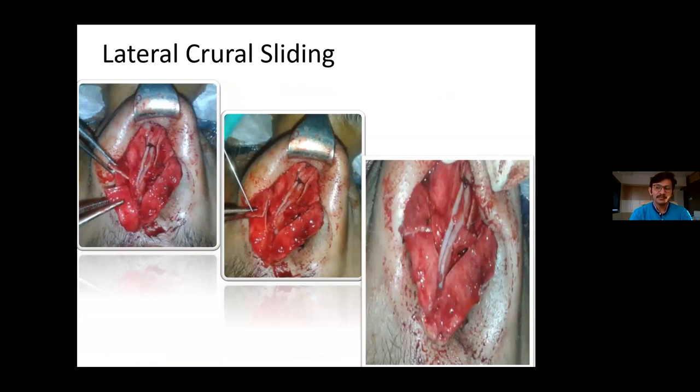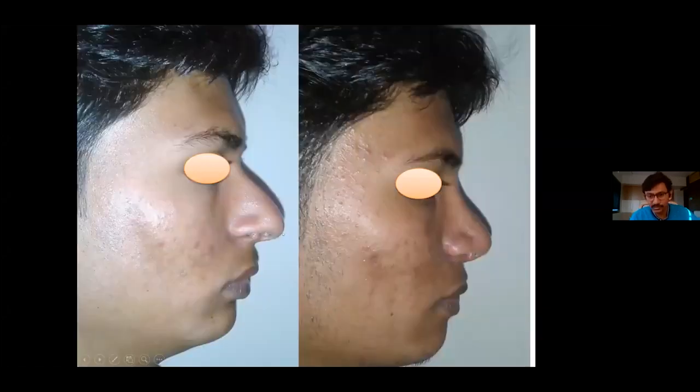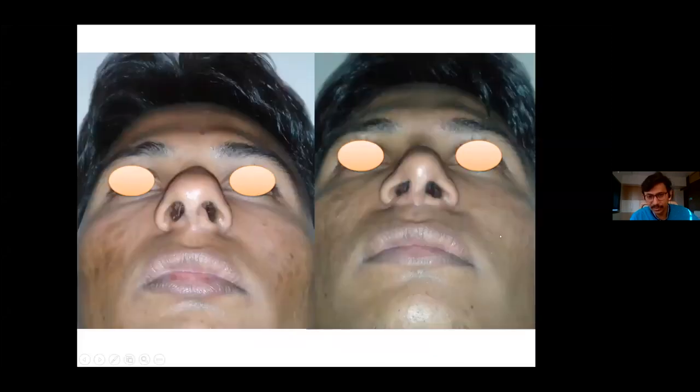So we decreased the length of the lateral crus by means of lateral crural sliding, and it was then we took the tip defining sutures. Here we could correct his crooked nose deformity. We could nicely control the tip width, hanging columella, and also the shape of the nostrils, as you can see here. So this is the deprojection. You can see large nostrils and a highly projected nose. We could get to this level, about 3 to 4 millimeters. The large nostrils are also gone, and the boxy and bulbous tip is also gone.